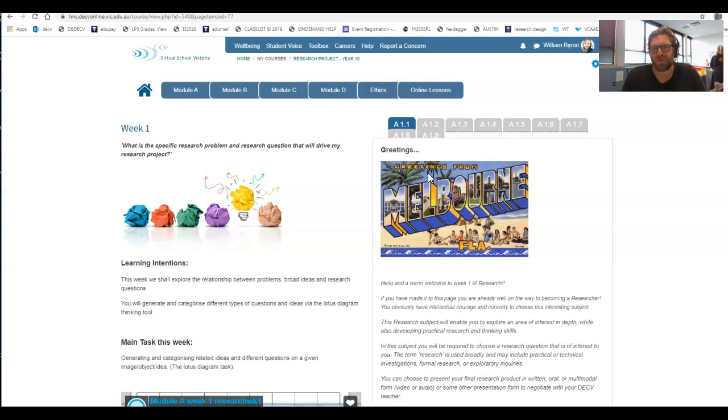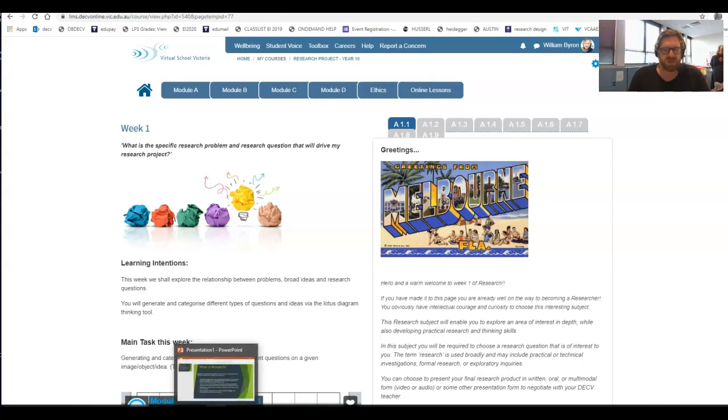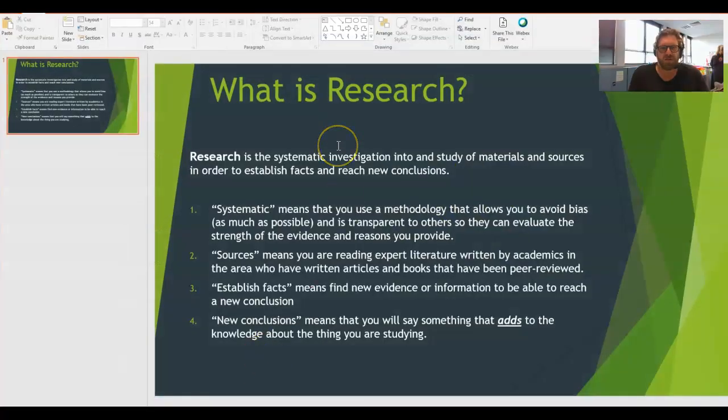of what research means. To just frame it for you, I've got a little video, a PowerPoint, here that I wanted to just show you with a nice definition of research. Okay, and just going through it in order to help us think in a more sophisticated manner about what we mean by research. So, research is the systematic investigation into and study of materials and sources in order to establish facts and reach